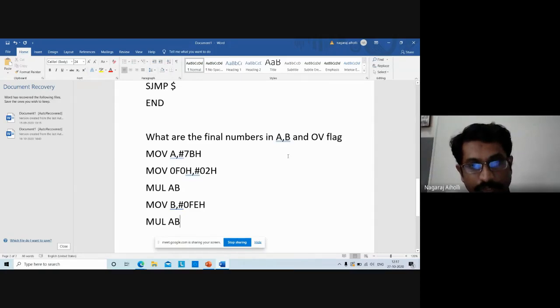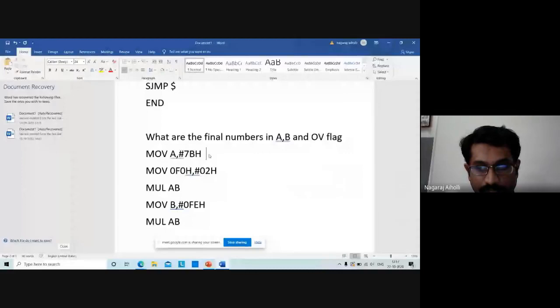Just go on noting down these instructions as I am writing here. Here, move A comma hash 7BH. It is clear, right? So A is equal to 7BH.